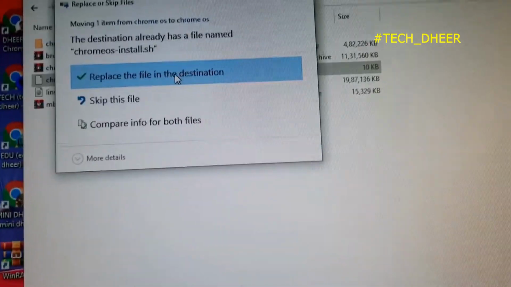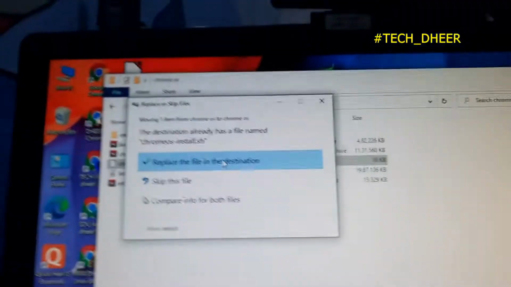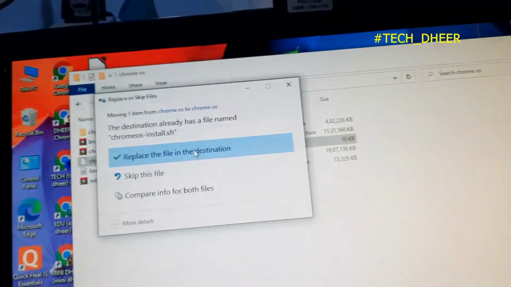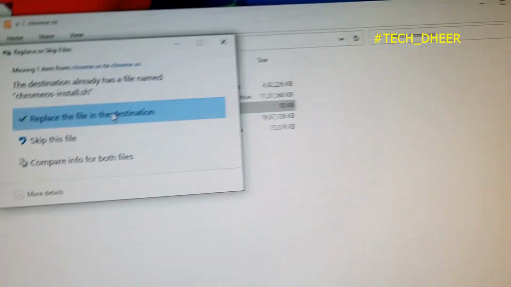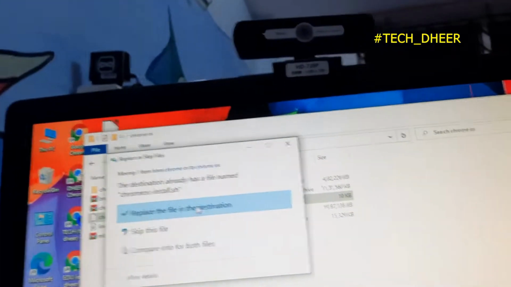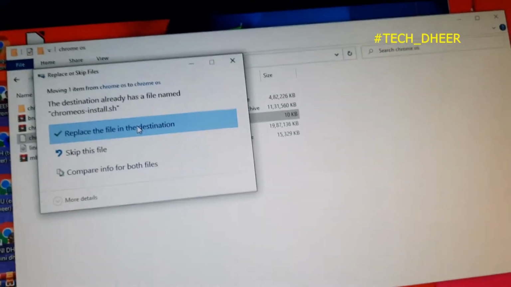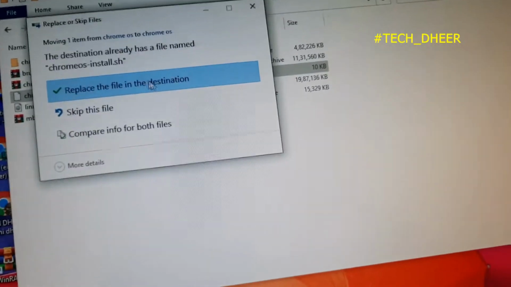So just click on replace file, don't click on skip file, because this install.sh which we are moving now has some codes which helps in installing Chrome OS in legacy device. But if you are skipping this file, then you won't get those codes. So always replace,